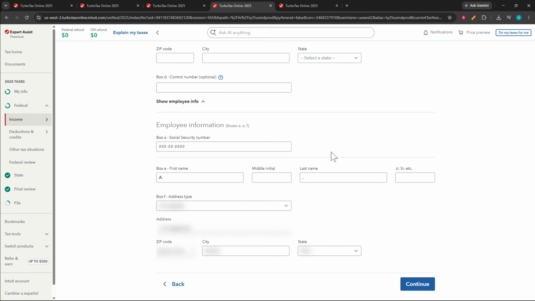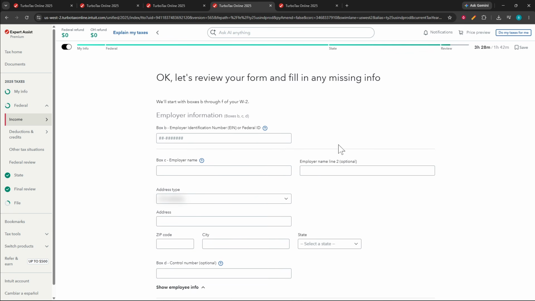Move through each screen until TurboTax brings you back out of the W-2 section with both entries included in your